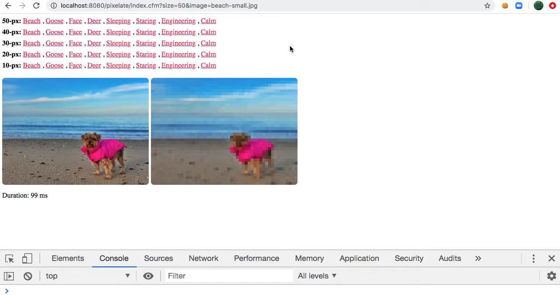So, as a fun little Friday the 13th distraction from the whole COVID-19 pandemic, I wanted to take a look at pixelating an image using GraphicsMagick in Lucee CFML. To explore this concept, I have a bunch of images here, and I have different degrees of pixelation, which